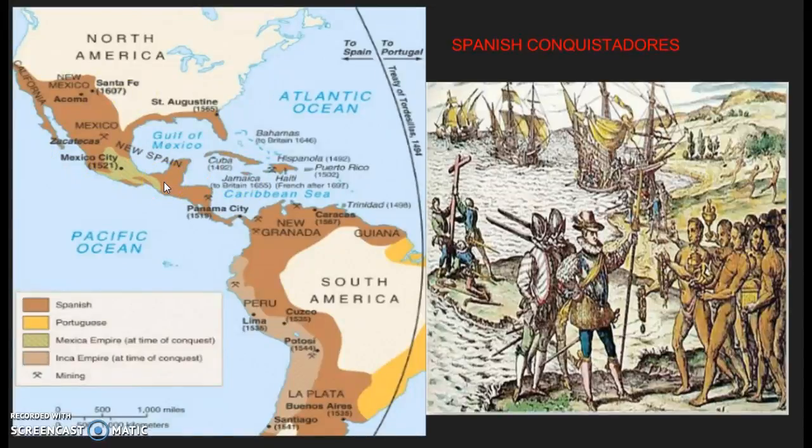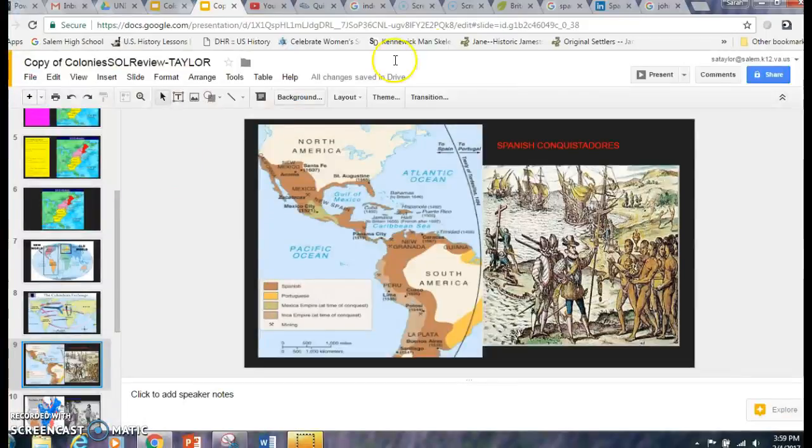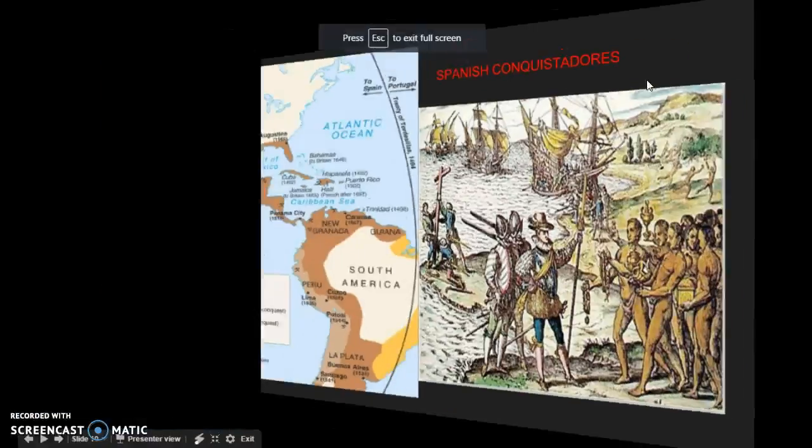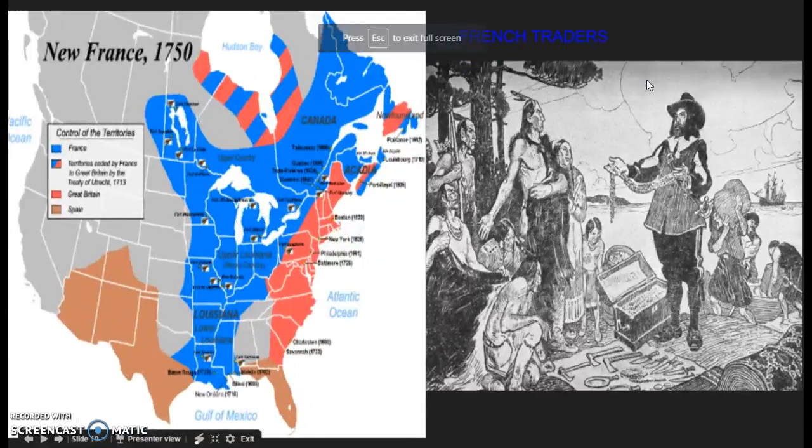So it's violent, it's conquest, it's a very violent model of colonization. Now, in contrast, vast contrast, let's move to North America. So down here's Spanish in brown that we just looked at, and up into Canada, the St. Lawrence River Valley, the Great Lakes, the rivers, here's the Mississippi, the Ohio. This was claimed by the French.